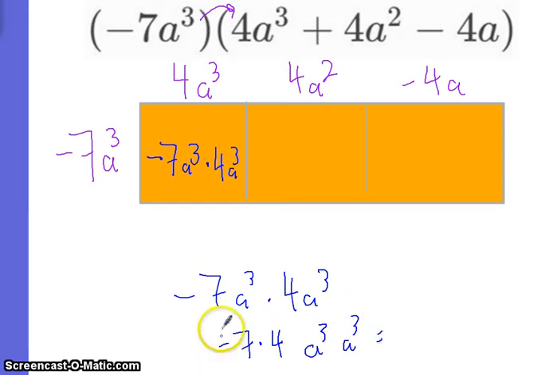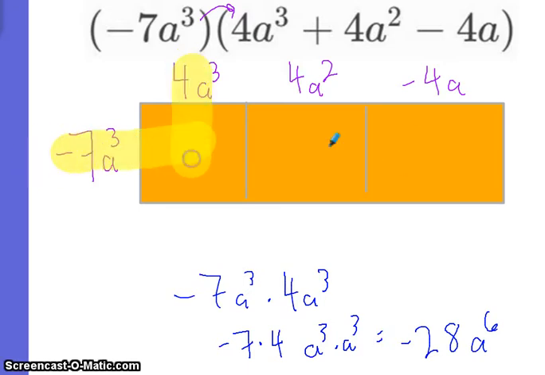And then the two coefficients, negative 7 and times 4, negative 7 times 4, well, that's negative 28. And then the other one is an exponent. 3 plus 3 is 6. Now, I'm still multiplying these two things. It's just that the rule of exponents is to add the two exponents when you're doing that. Okay, so that was a long-winded way of saying that when I multiply this thing